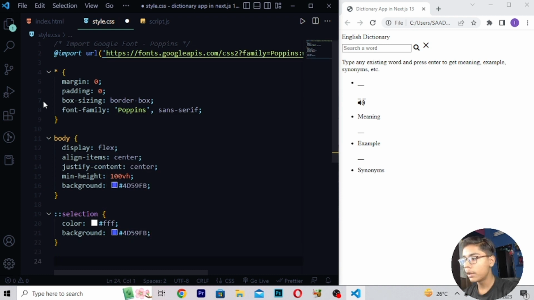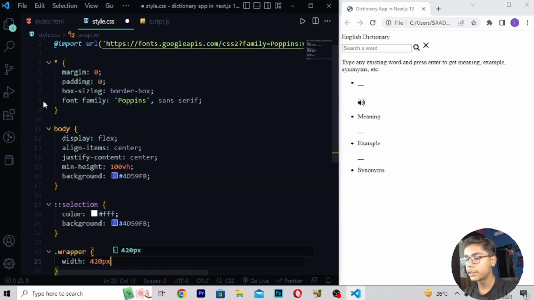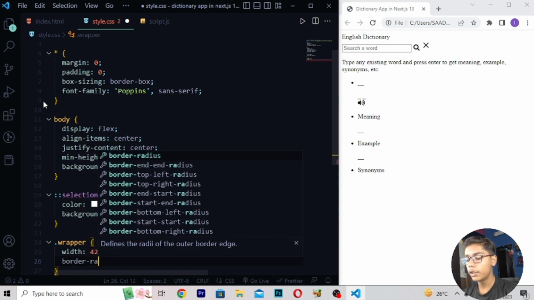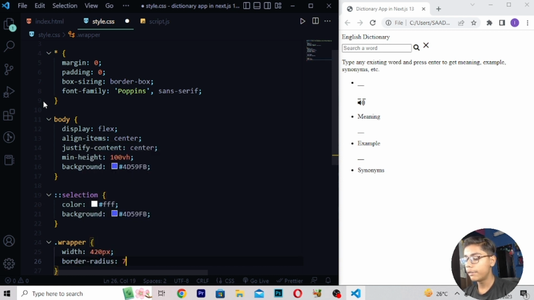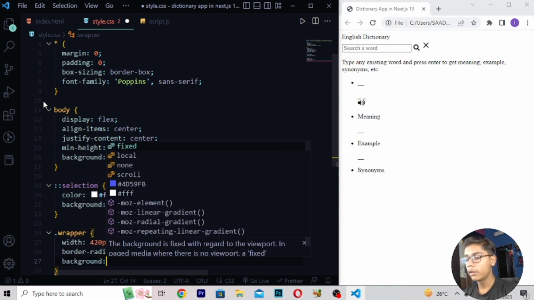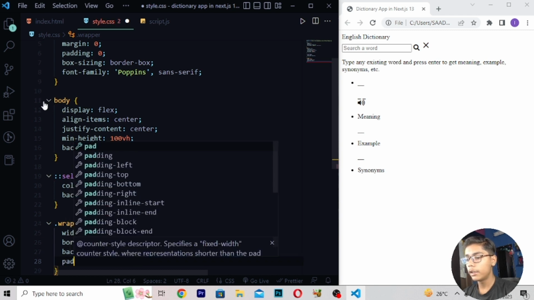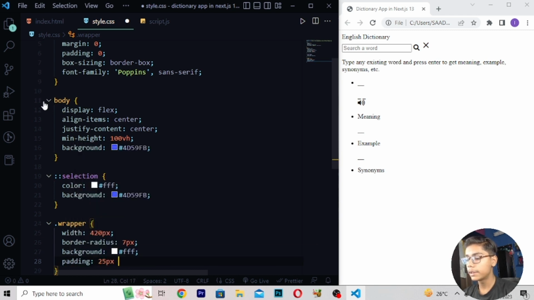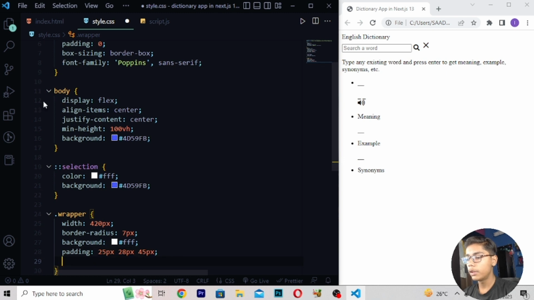Then when you've written this, you have to move down, right here wrapper, right width 420 pixel, then right here border radius, then right here 7 pixel, right here background white, then I will be writing here padding which should be 25 pixel, 28 pixel, 45 pixel, right here box shadow which should be 7 pixel, 7 pixel, 20 pixel